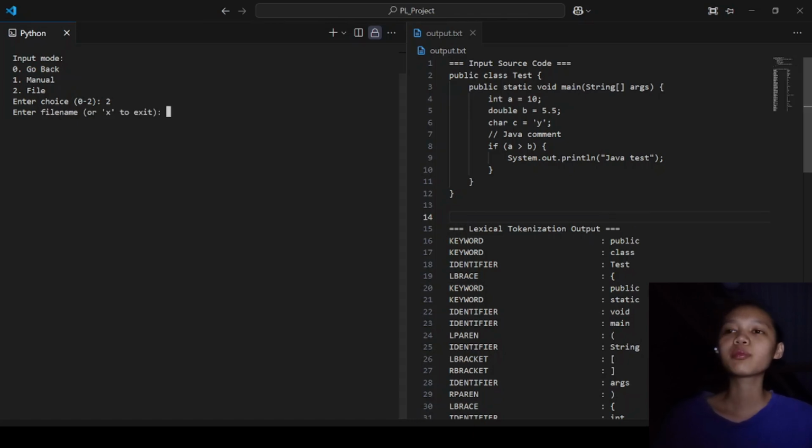Then again for file input, let's say we provide a file path and file name that do not actually exist on our device.